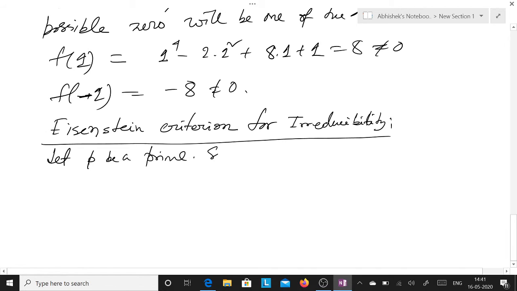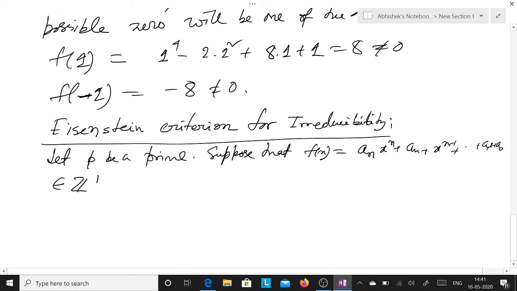So suppose that f(x) is the polynomial a_n x^n + a_(n-1) x^(n-1) + ... + a_1 x + a_0, which are, so the coefficients are in integer,